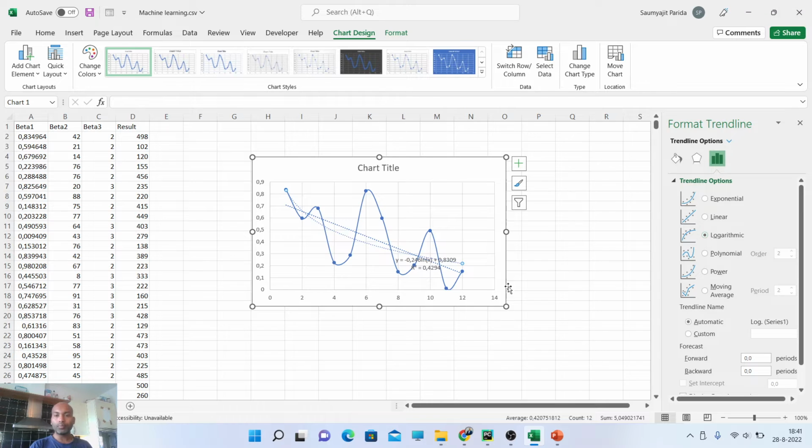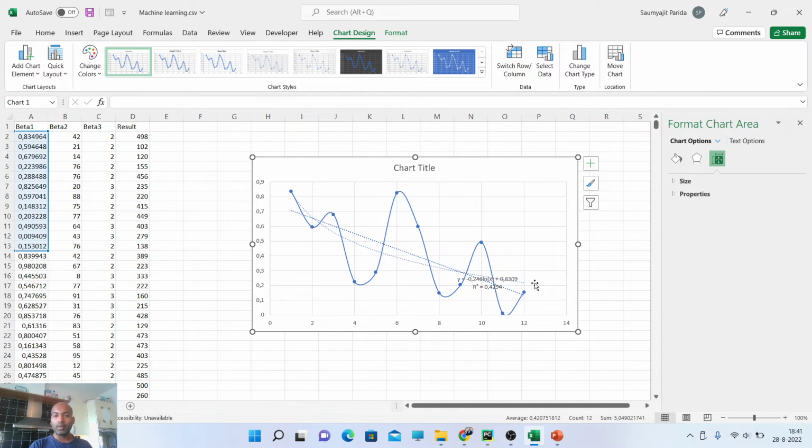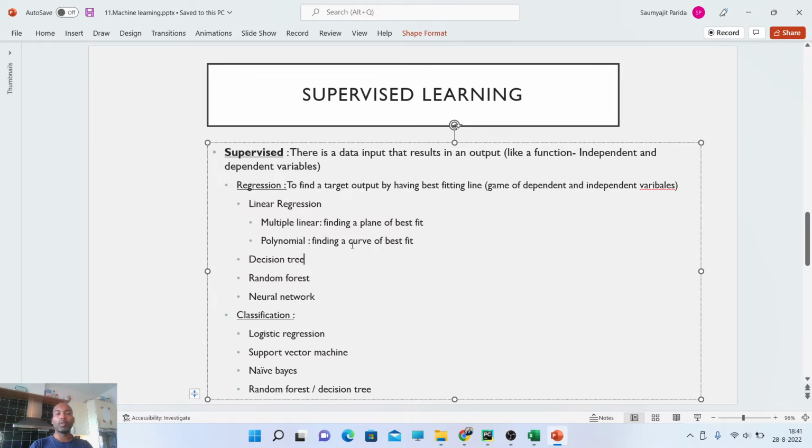If I want to fit the model, I can move to 2 degree or 3 degree of x. I can do a lot of complex stuff here. So polynomial means finding a curve of best fit, that is the nonlinear regression part,